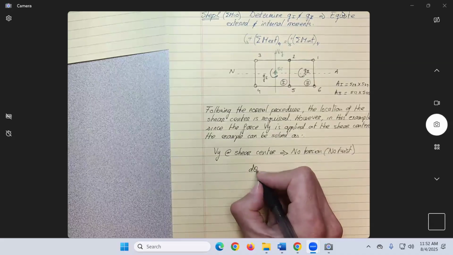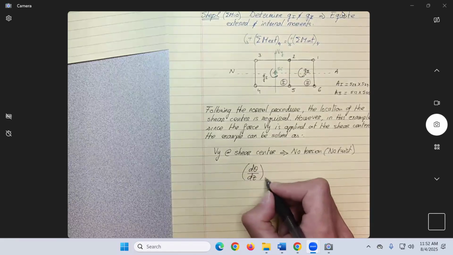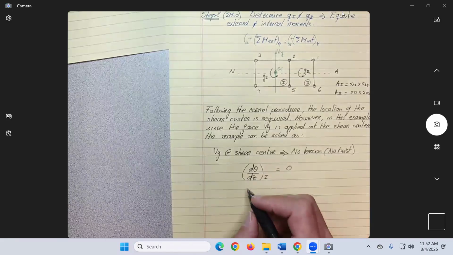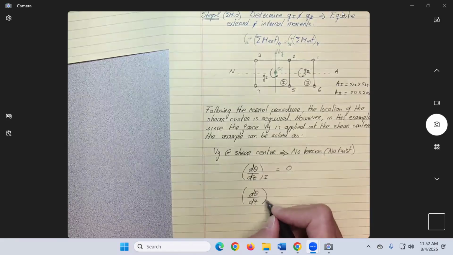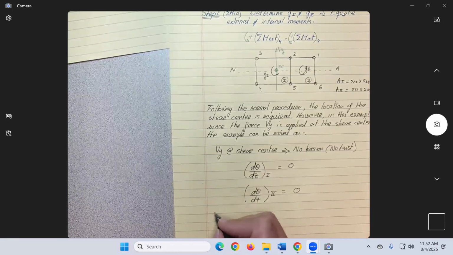We have d theta dz of cell 1 will be equal to 0, and we'll have d theta dz of cell 2 equal to 0, where d theta dz equals 1 over 2a